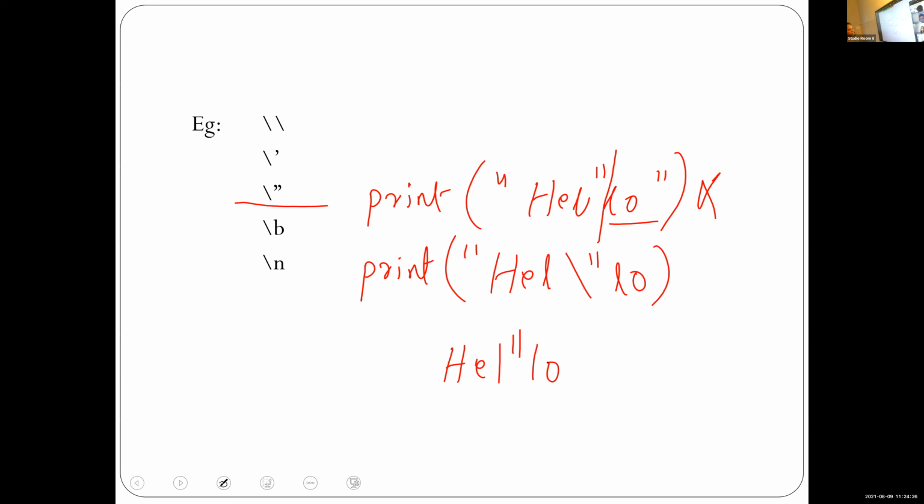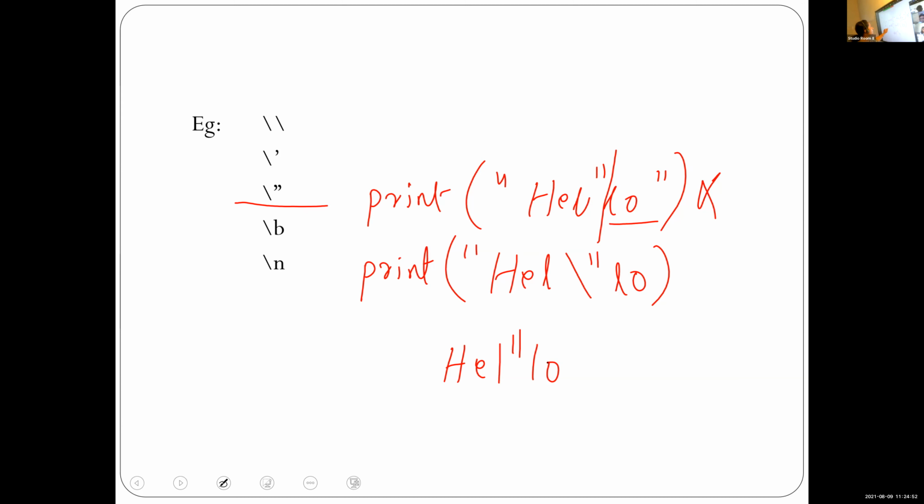If I use double quotes without a backslash, when we execute the statement, it will give an error message, because here we are using 3 double quotes. In the case of a print statement, we need only 2. That is the problem when we include double quotes within a string. To avoid this problem, we use escape sequences.